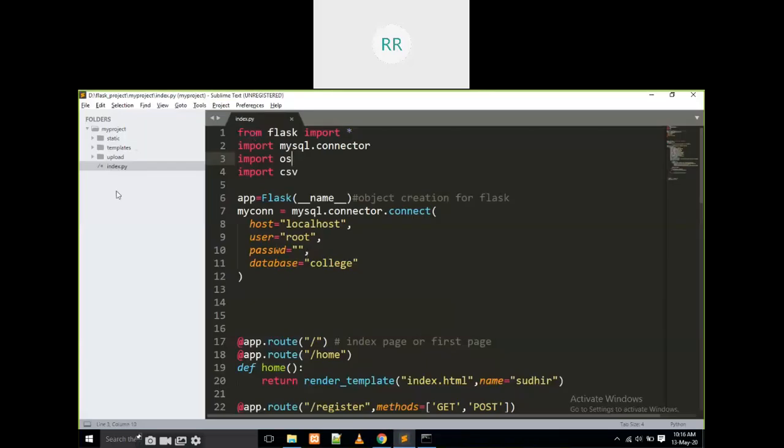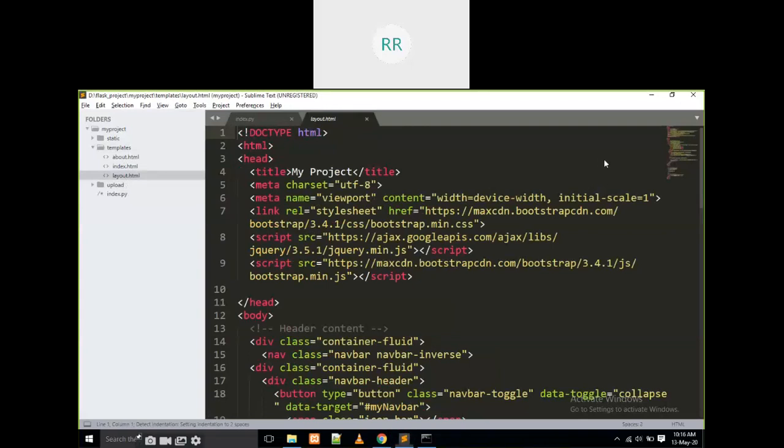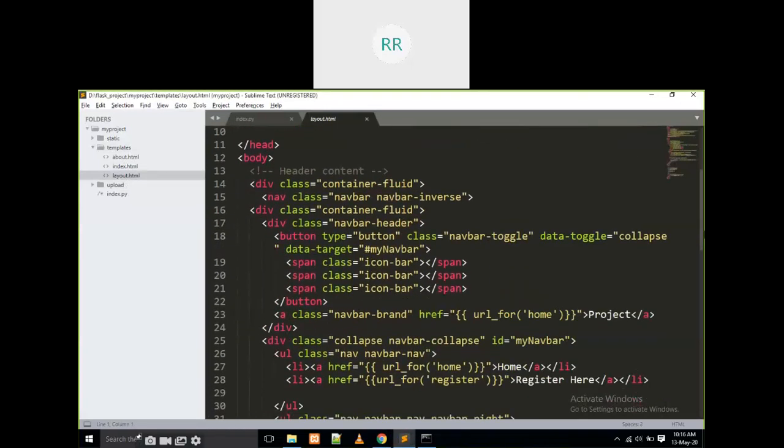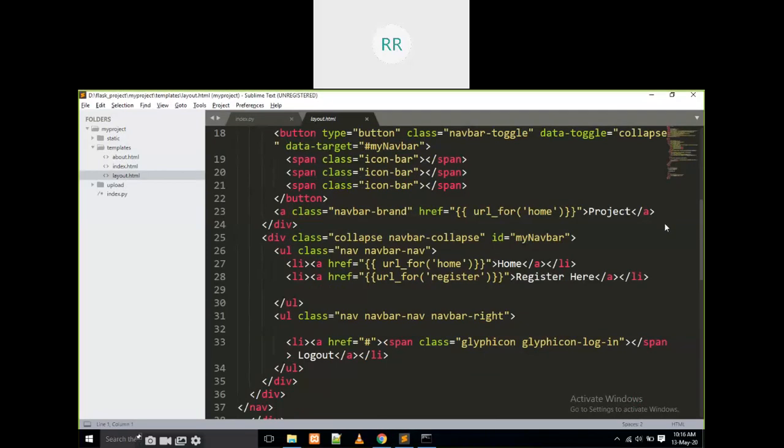Yes, layout.html. We have to move to layout.html. In layout.html, I am going to add one more button. We have to copy this one and paste one more. We have to view data, or something like view. That's it. View. Here also I have to take one more, that is called view.